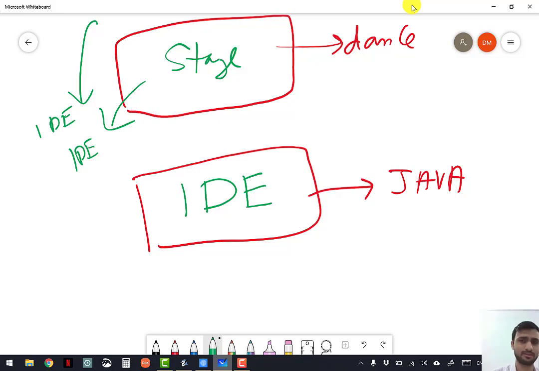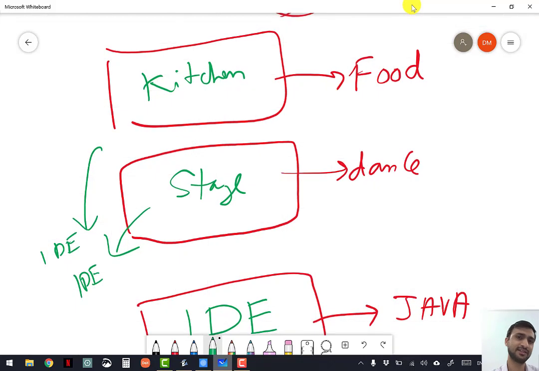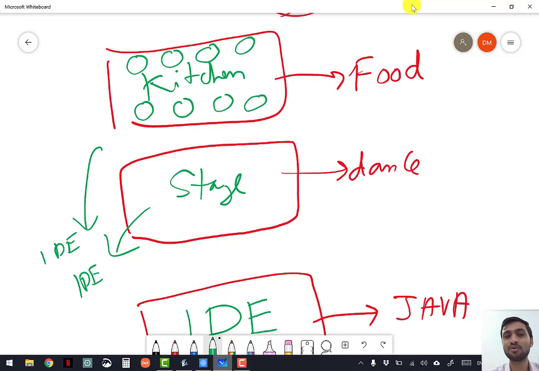So why that environment? See, in the kitchen, you want to create food. To create food, you need all the ingredients, all the kitchen utensils and everything, right? So all the tools are present in the kitchen. If you go to the bedroom to cook your food, will you find the tools? No. And without the tools, how can you create food? We talked about the Java environment. We're talking about the same environment now. So to create food, you need a suitable environment, right? Where you can create food.